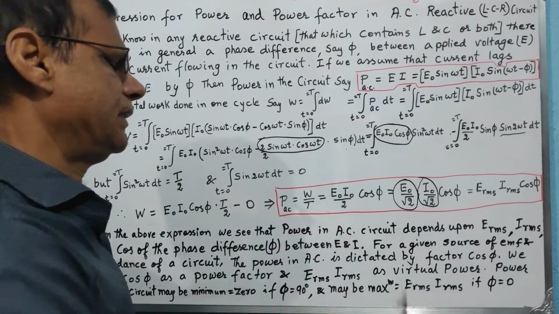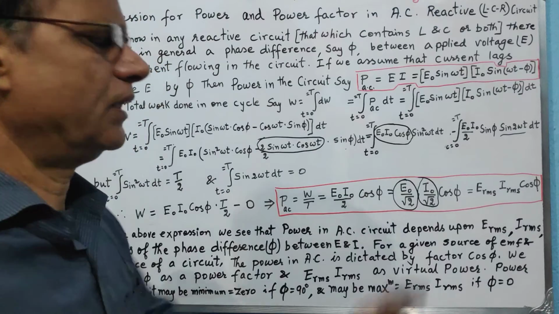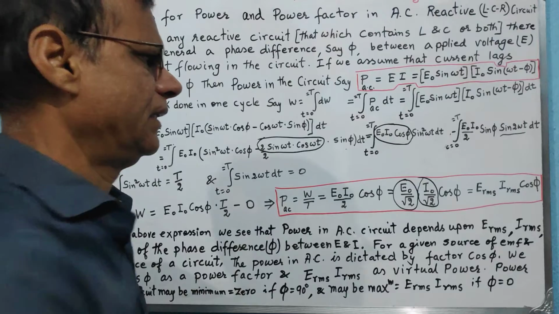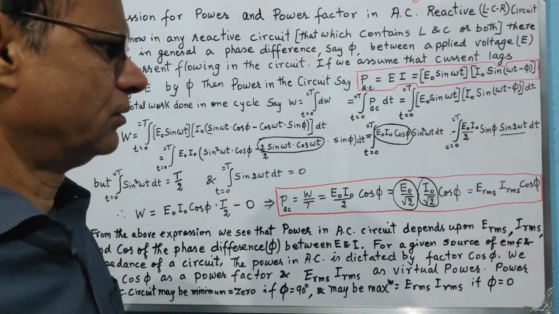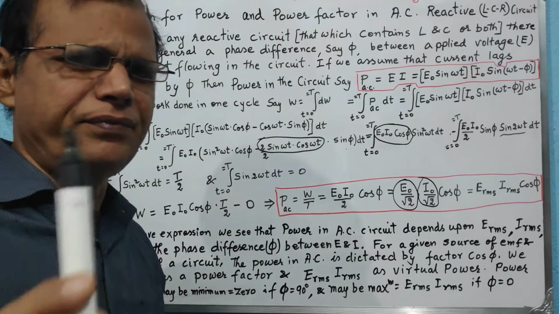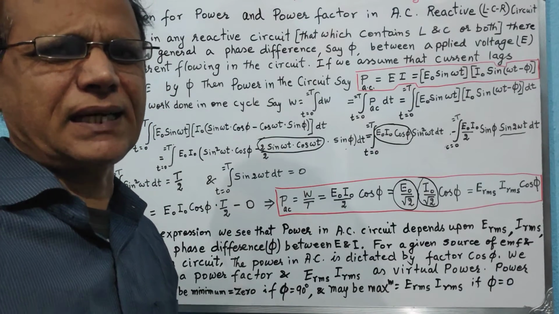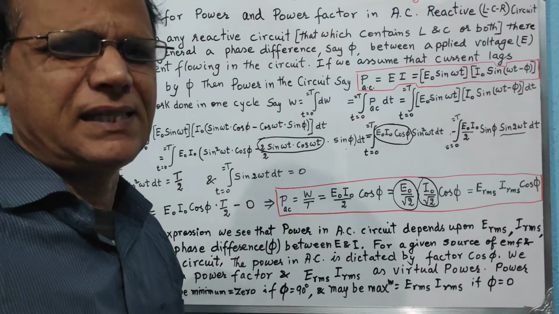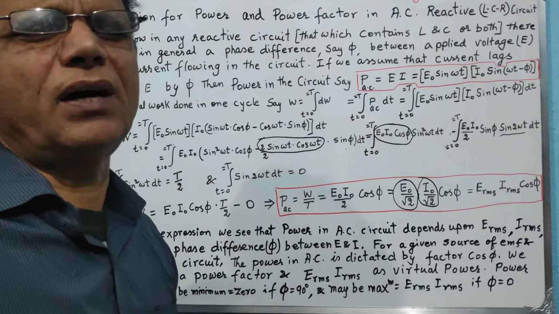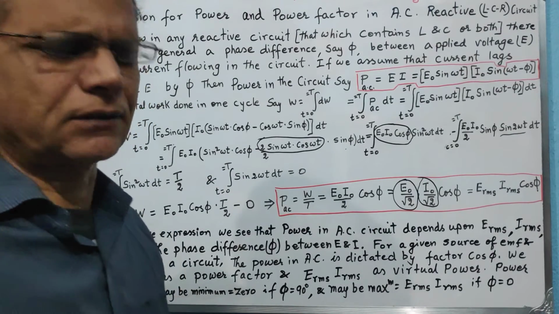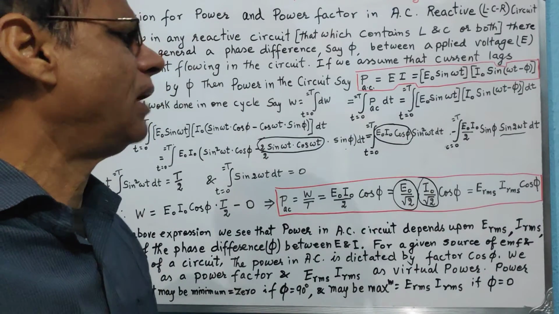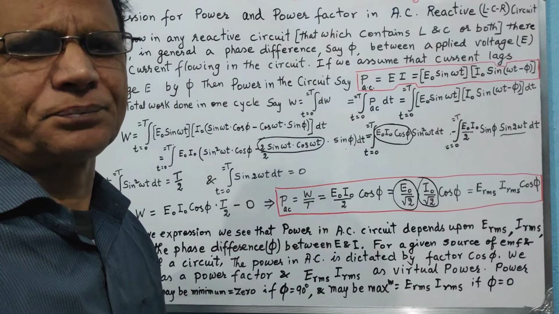And the power in the AC circuit could be minimum when cos phi is minimum. And what could be the minimum value of cos phi? It could be 0. And this is 0 only when phi is 90 degrees. It means that if the phase difference between instantaneous current and voltage is 90 degrees, the power in the AC circuit will be 0. And this is what we also call wattless current. It means current is flowing in the circuit, still no power is consumed.